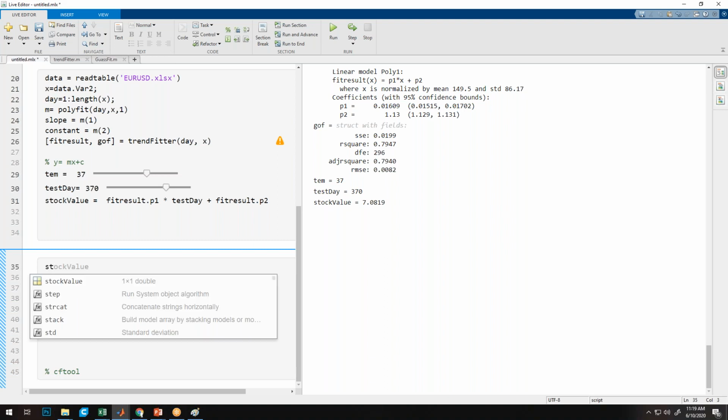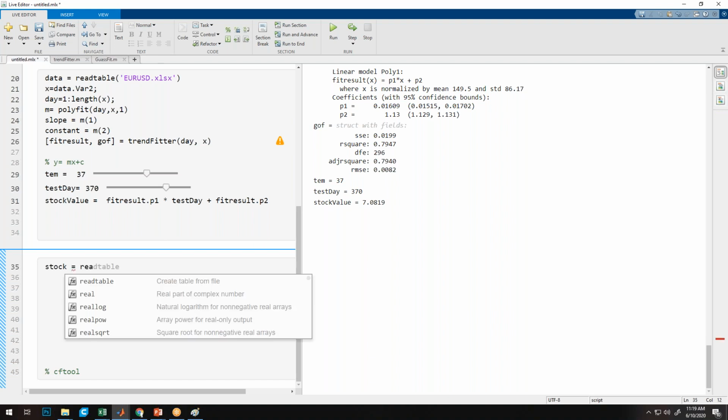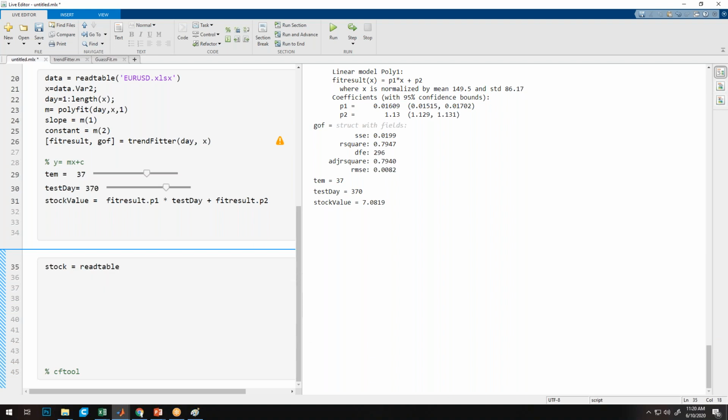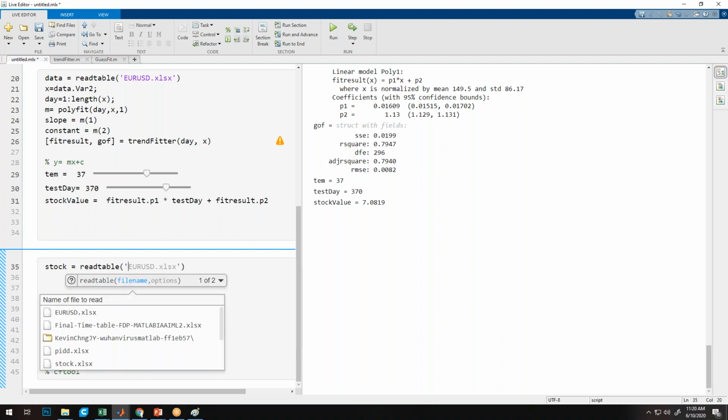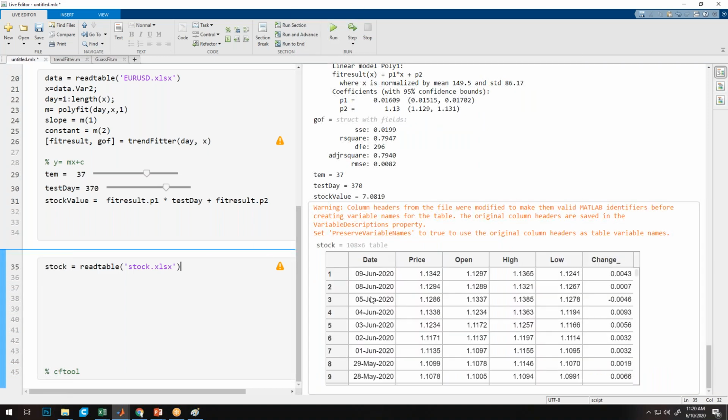Say under stock only, I import this data using the readtable command, and this is the file name. First I will load this section. Yeah, so we have loaded the data, and now suppose I want to analyze the price. I just want to plot the price.